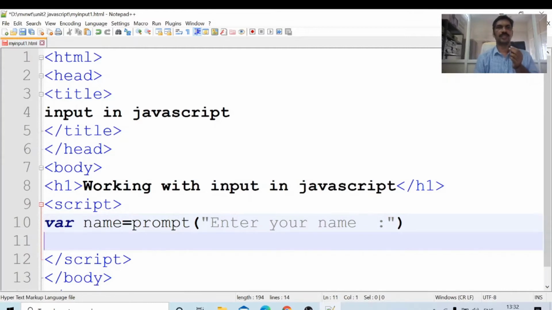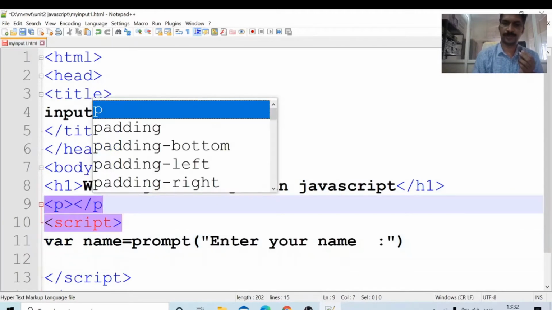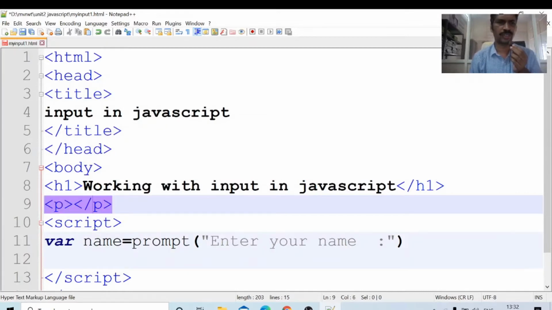Next, within this I will create a paragraph, p, /p. Document dot write can also be used, no problem, but in this session I am using id equal to. What is the name of the id we will give?